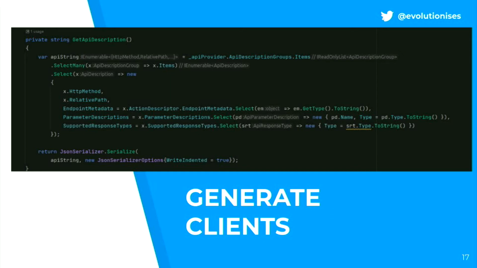sits inside a test. Whenever that test runs, it generates the object again, compares it against its existing one, and if it has changed, it gives your developer a warning. Like, hey, I see you've done a database migration, but you haven't updated the clients. So it's an incredible way, at unit testing time as part of your build pipeline, to communicate the breaking changes at the time that you are writing them.